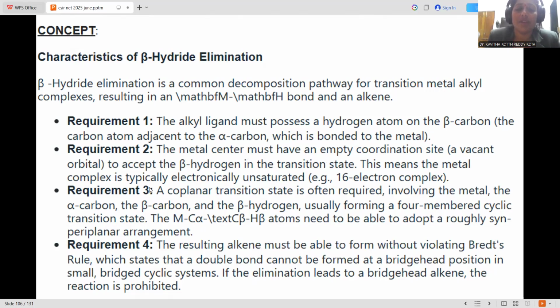So here, metal complexes are electronically unsaturated. That condition will be provided, so that the metal must contain an empty coordination site on the